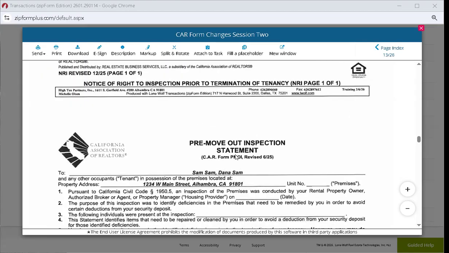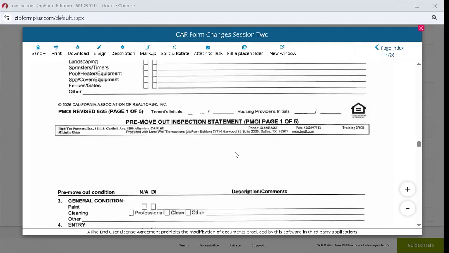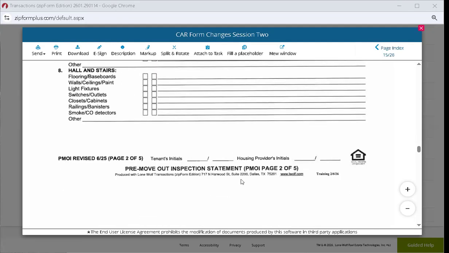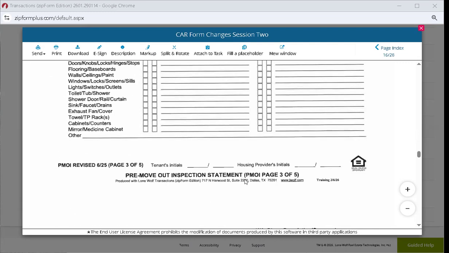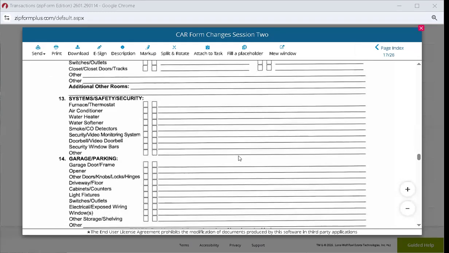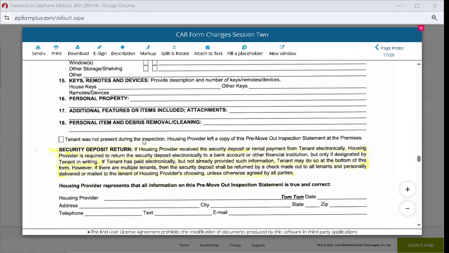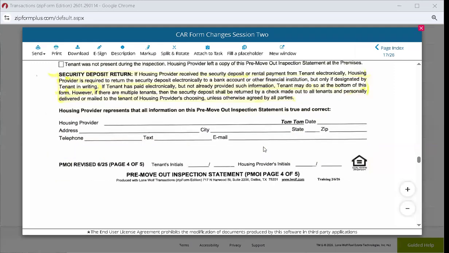Pre-move out inspection statement. Okay, so I just added the top one so you know what form it is. So we're scrolling through to the bottom of this form, pre-move out inspection statement, all the way to the bottom. They've again mentioned the security deposit, that if they provided it electronically, they're going to be required to return that electronically to the same bank. But only if they designate it in that other form. They can designate with an addendum or in the other form that they want to change to electronic refund of the security deposit. Okay, so